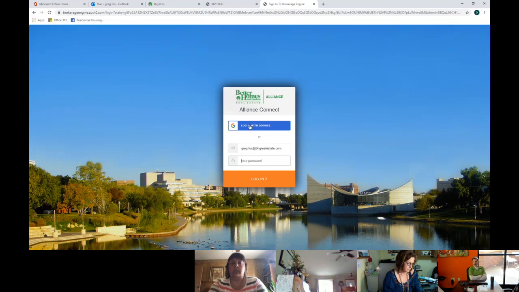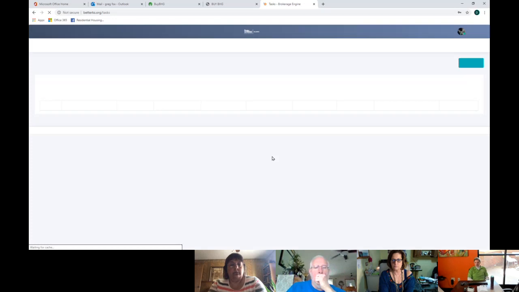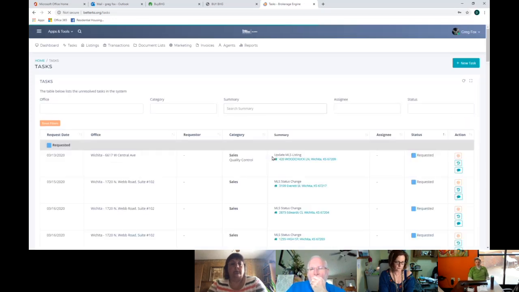And that's to keep people from hacking you and putting in multiple passwords. If that happens, we get a hold of the mother company and they reset that for us so that you can get back in. But if you try to remember first name dot last name at bhgrealestate.com, and then whatever you set your password to, and if you mess up your password once, maybe twice, get a hold of us. We can reset it right here.